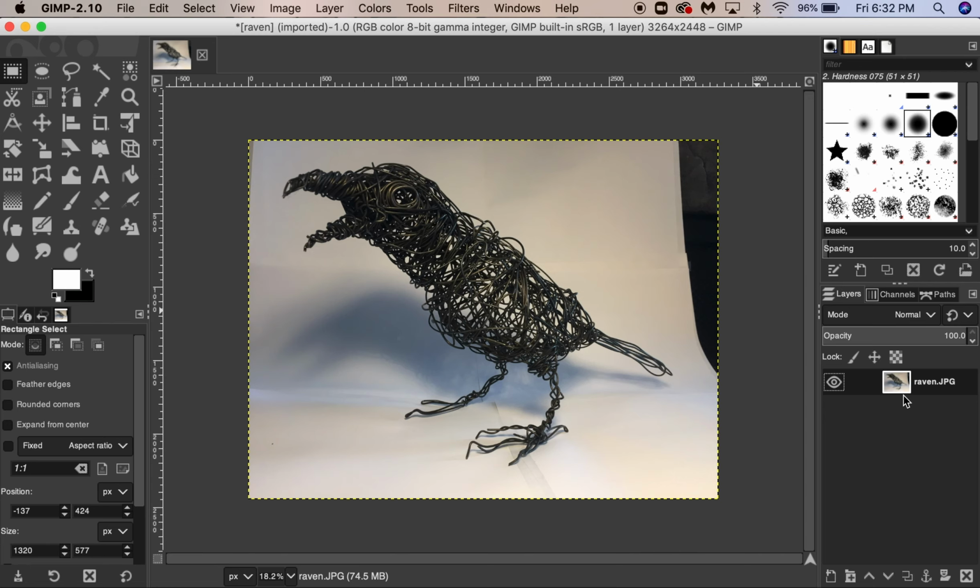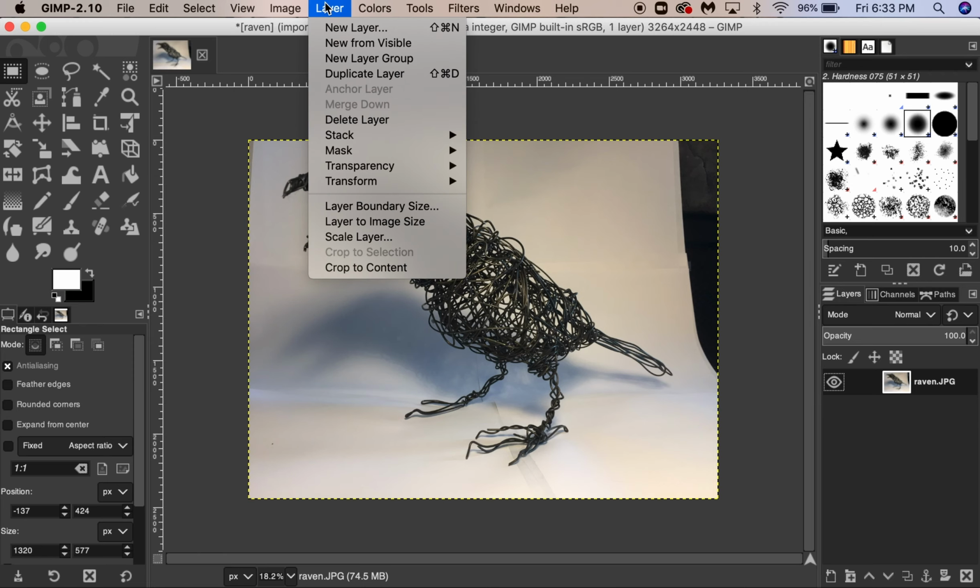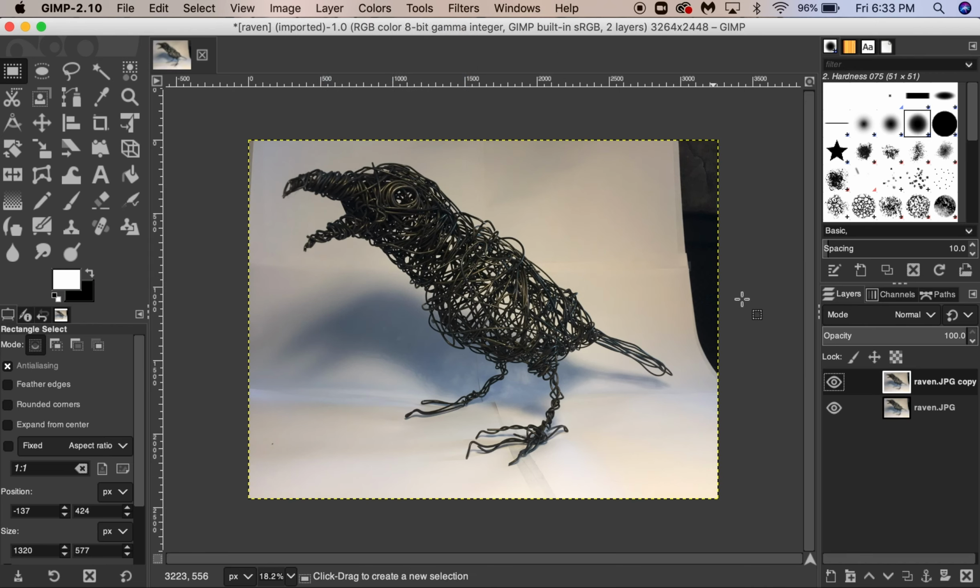You can actually make lots and lots of layers, and many people do, but for this simple kind of photo editing we're doing here, one will suffice. To get a duplicate of this layer that I can work on, I'm going to make sure that this is selected. You can see it's selected because it's darker than the background around it. And then I'm going to go up to the program menu at the top and find the menu item that says layer. I'll click on it and then I will go down to where it says duplicate layer, select that,